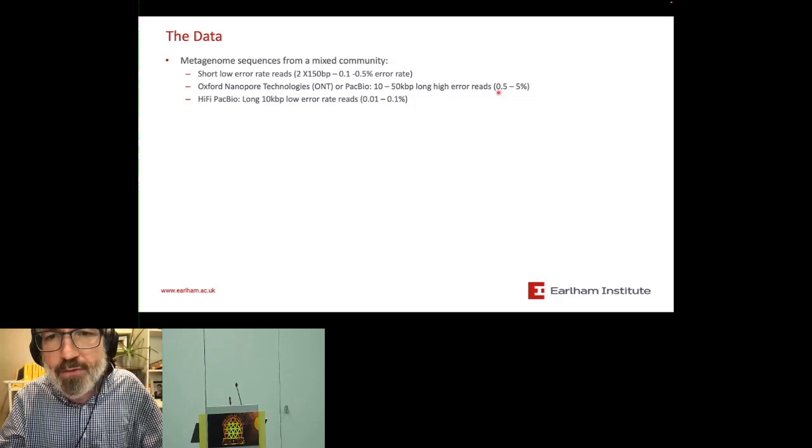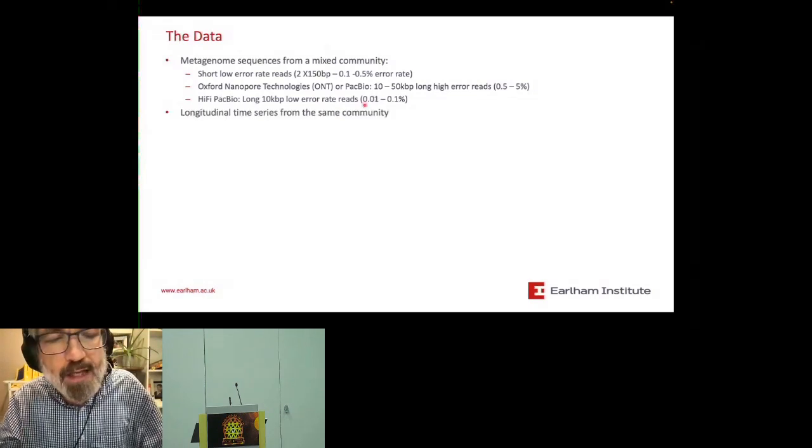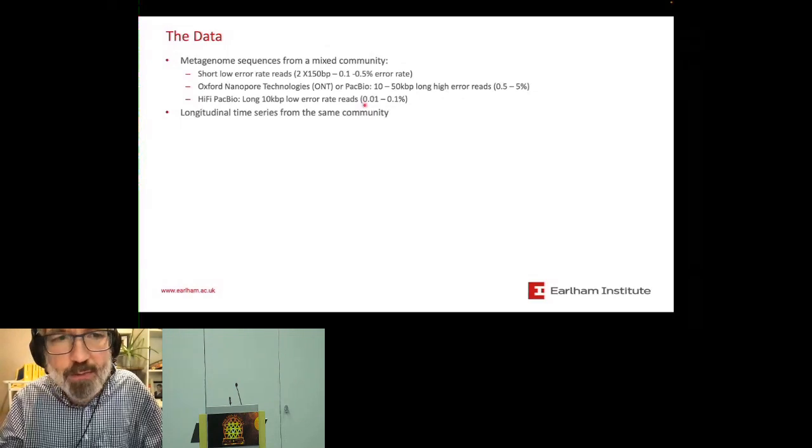It's about a 0.5% error rate. But what I'm going to focus on today is long, accurate reads. This is represented by HiFi PacBio, and there you've got long reads and very low error rates, somewhere like 0.01 or 0.1%. Another form of information we may have is multiple data points from the same samples, so longitudinal